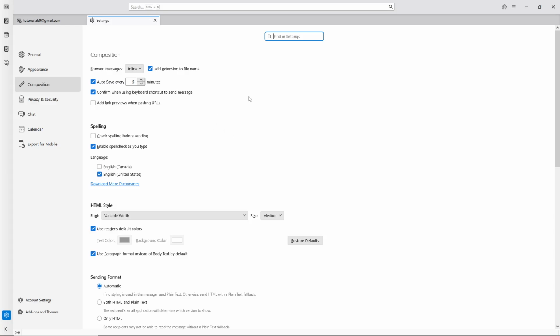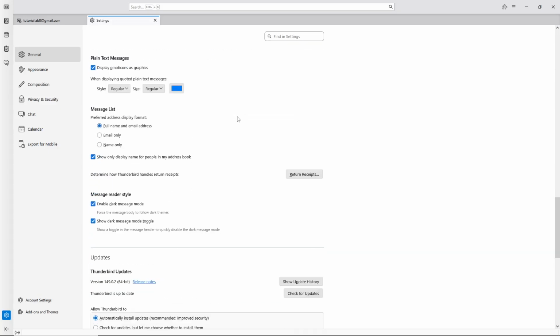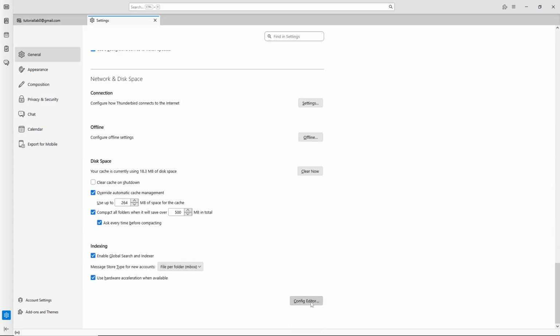Once the Settings window opens, make sure you're on the General tab on the left side of the screen. This is usually the default view when you first open Settings, but it's worth double-checking to ensure you're in the right place. From here, scroll down through the various options until you find a button labeled Config Editor. This is where the more advanced settings live, allowing you to fine-tune Thunderbird's behavior beyond what's available in the standard